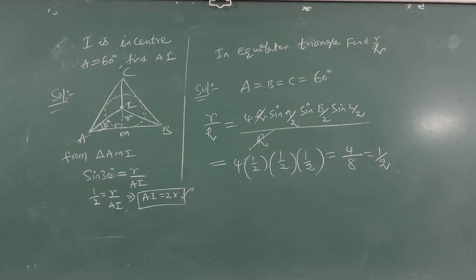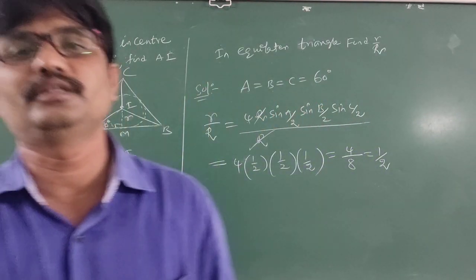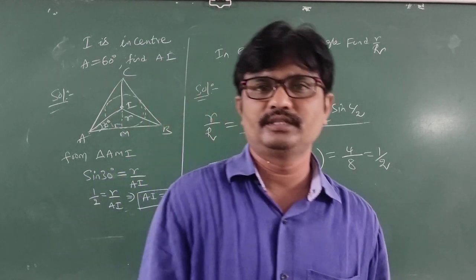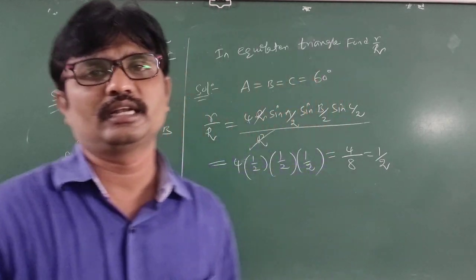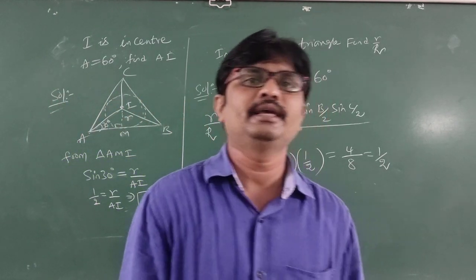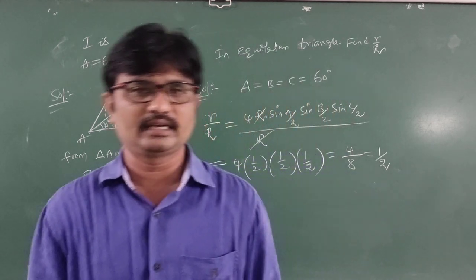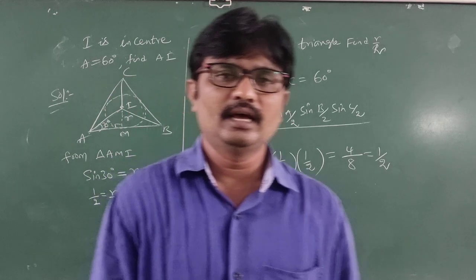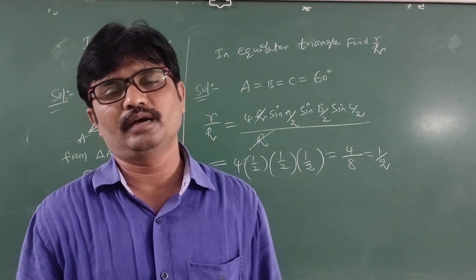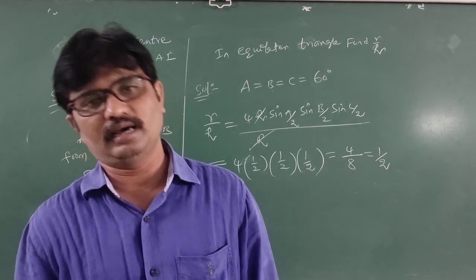So dear students, today we discussed the incircle and excircle. Incircle means if the circle touches the three sides internally, then it is said to be an incircle. If it touches externally, that is called an excircle. The incenter is denoted by I and the inradius is small r. But the triangle has three excircles whose centers are denoted by I1, I2, I3, opposite to A, B, C respectively, whose radii are denoted by R1, R2, R3.